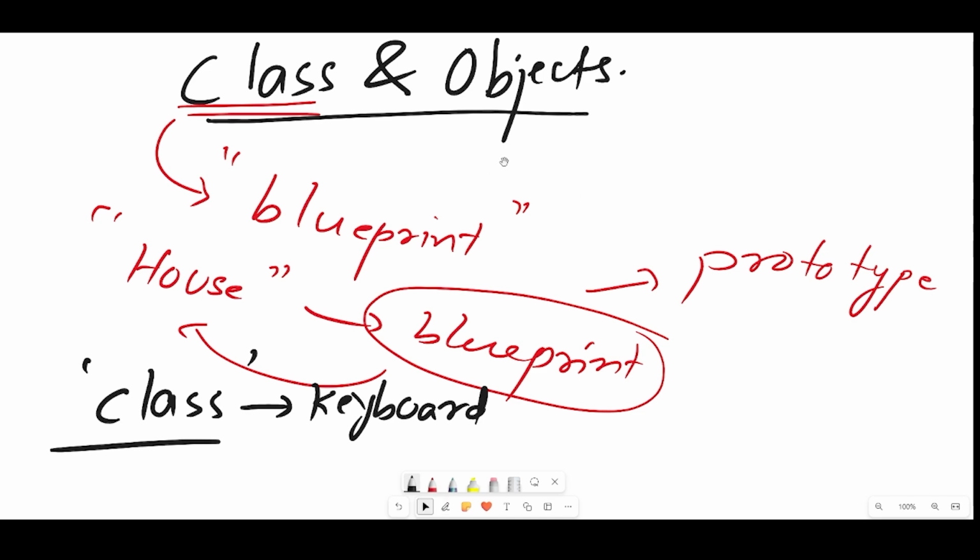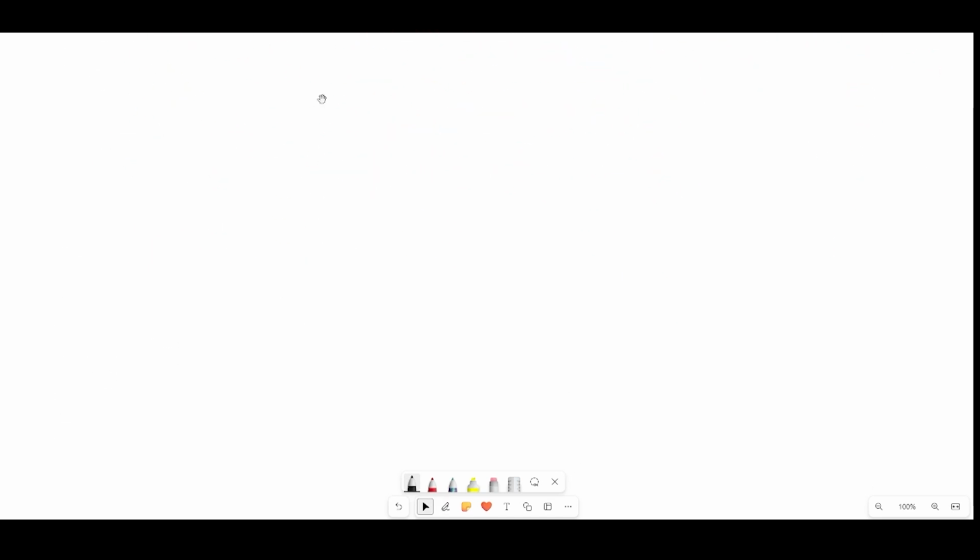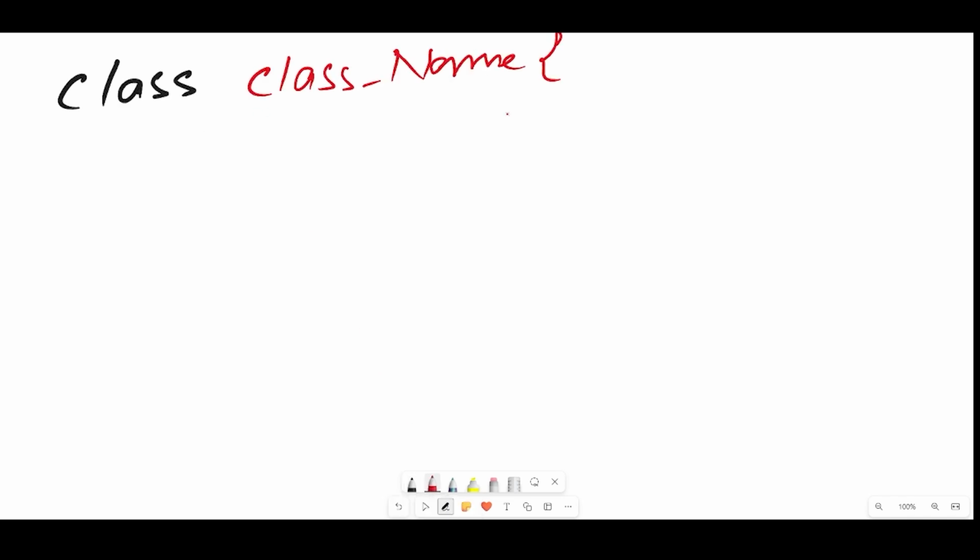So how do we define or write a class? It's very simple. First we write the keyword class. Then we write the name of the class, so I'm going to write class name. We start the curly brackets, and we have to give a semicolon at the end, where we are ending the class. Inside here, you can put any data you want, and depending on that, the class will work.